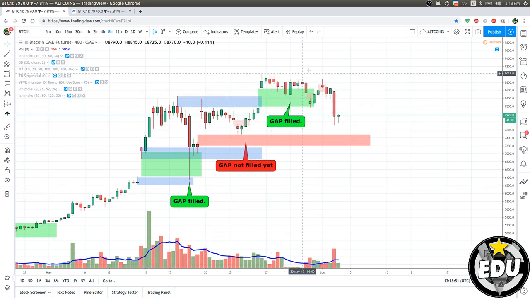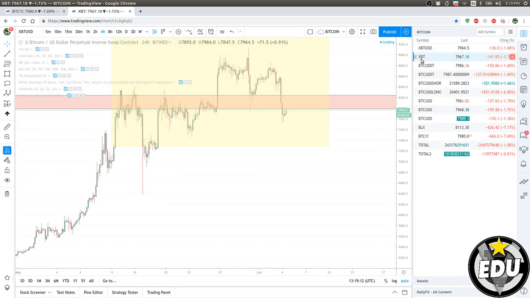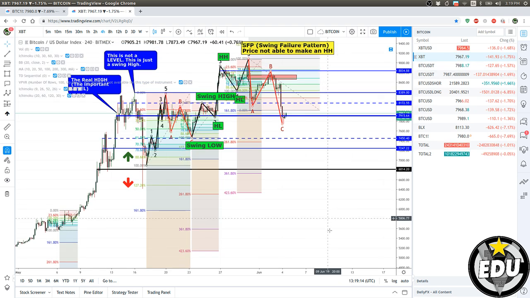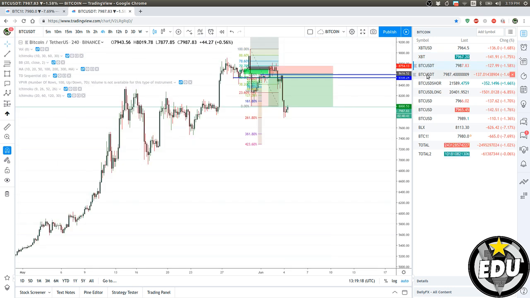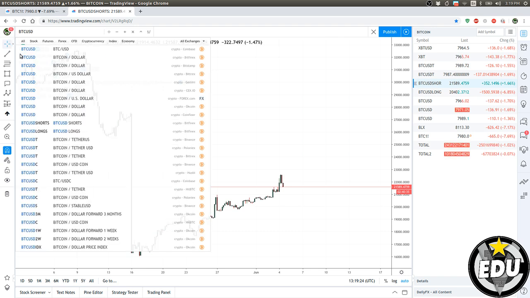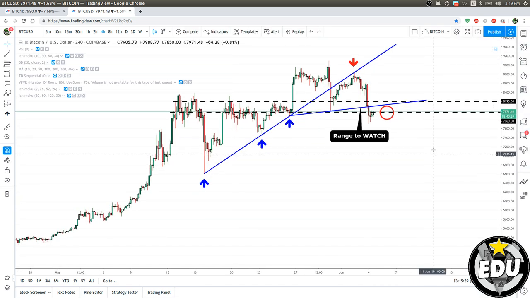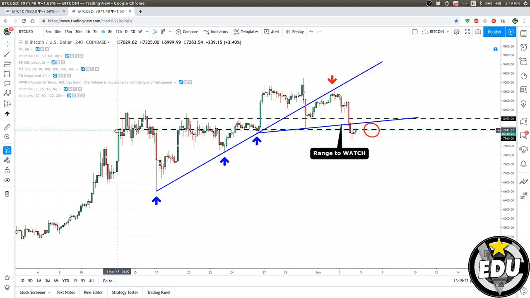and then we reach important levels on the higher time frame. That's why probably buyers are not going crazy as before, and because there is that rising wedge, massive rising wedge that we all know already broke down. Let's see if I can find it. Where is my rising wedge? I think on Coinbase. Yeah. Okay. So this is the range to watch that I trade in my premium.